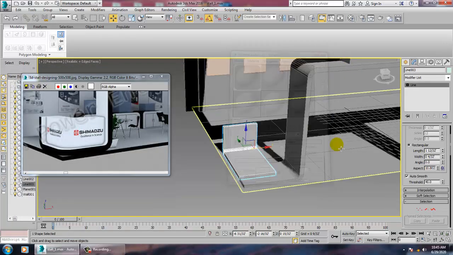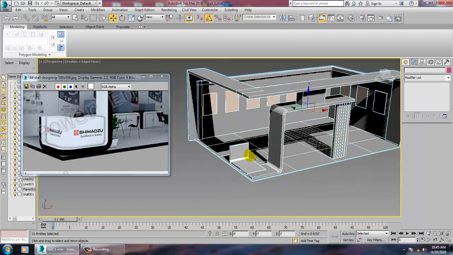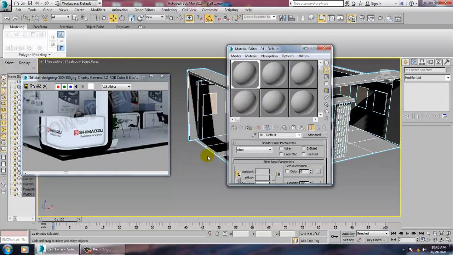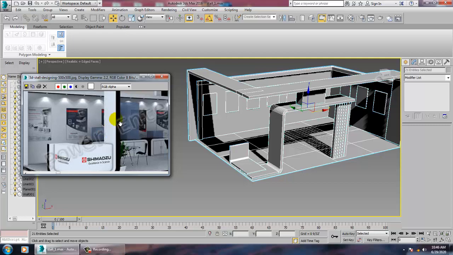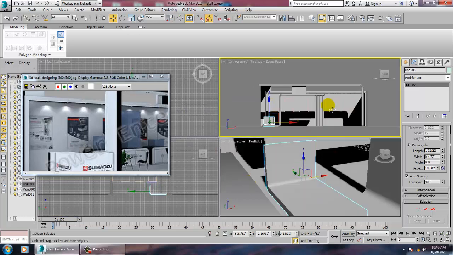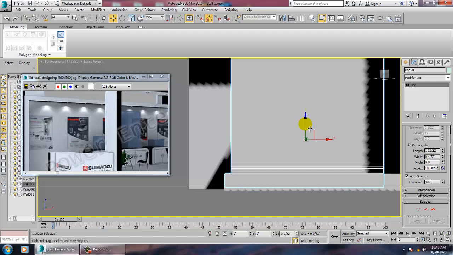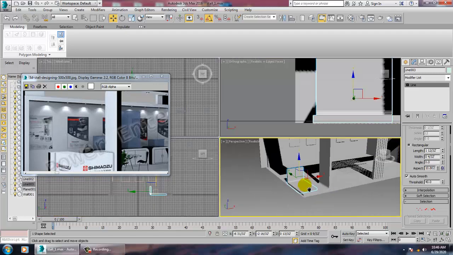So now what I'm going to do over here is select this and give a random material for now. You can just push it in at this level right away.